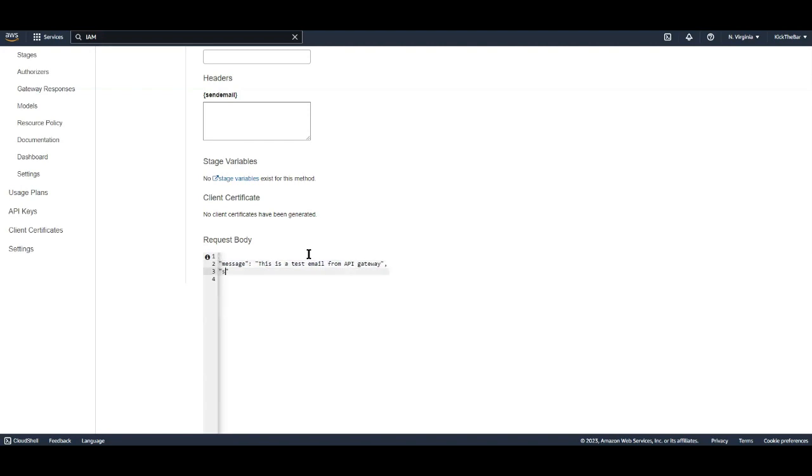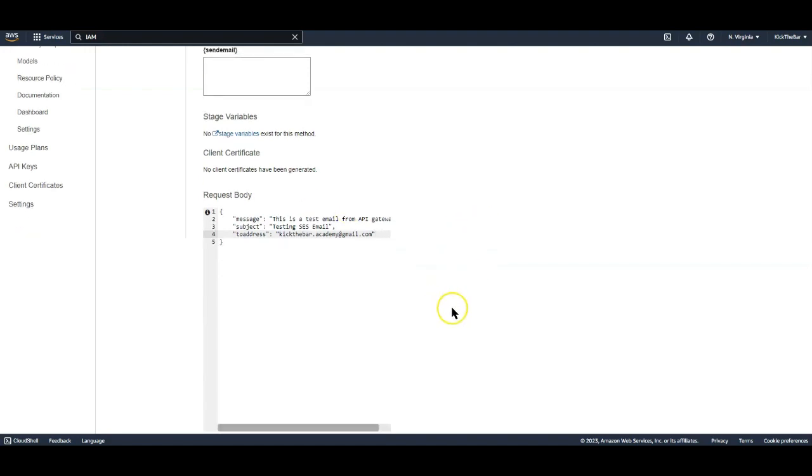Then we have a subject, "testing SES email", and then we put in a to address. I'll paste my address here. So we have message, subject, and to address, and these correspond to the elements that were defined in the mapping